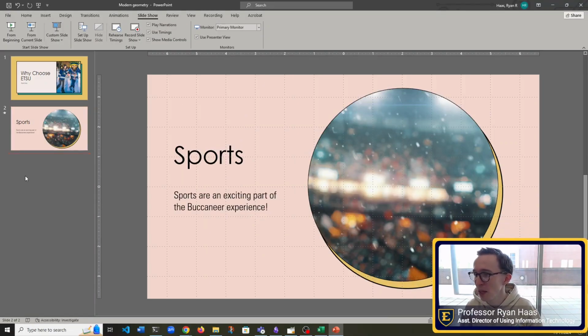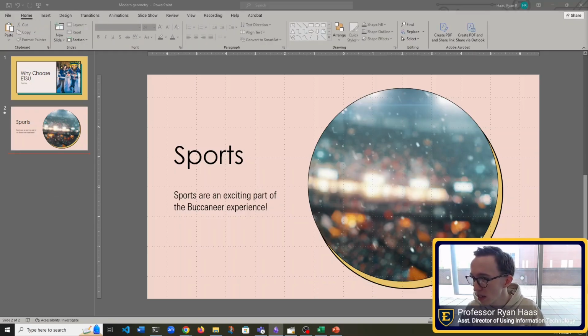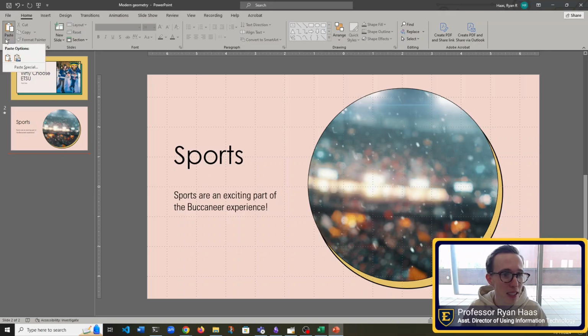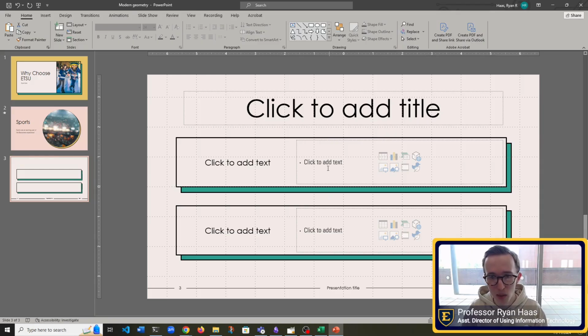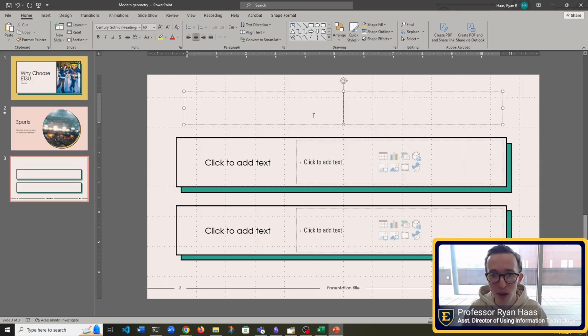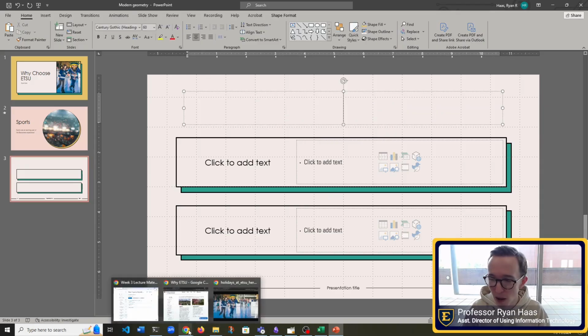So now we've learned how we can insert and tweak different media. Let's talk about slide management. We have a few new slides. I've shown you title slide, title and content, and there's another default one that's usually in here called comparison. This is a good one for comparing two different things or listing two different points that are related.